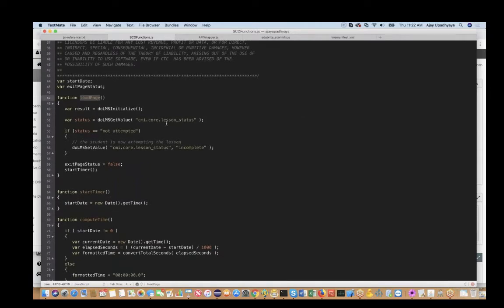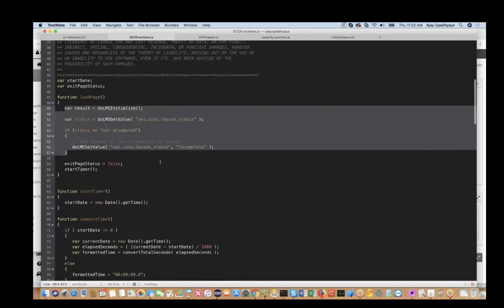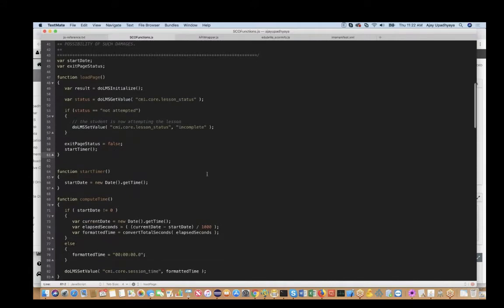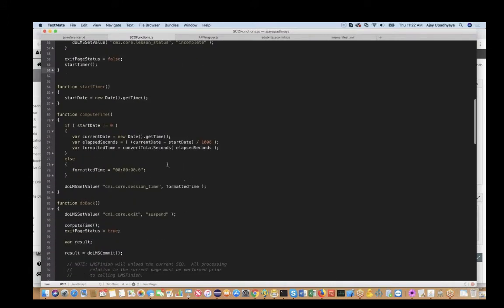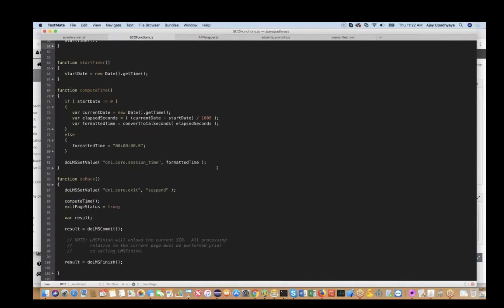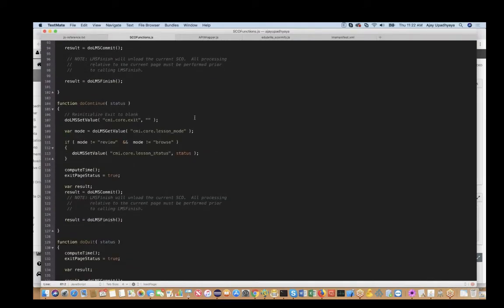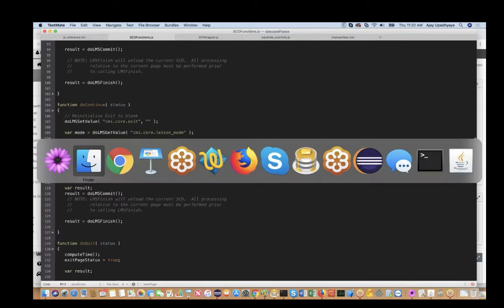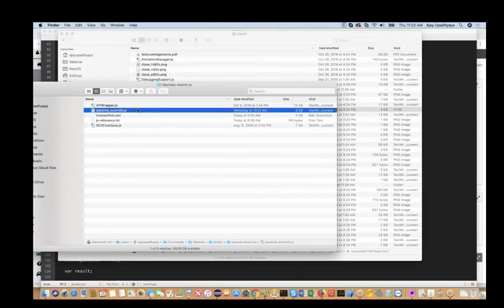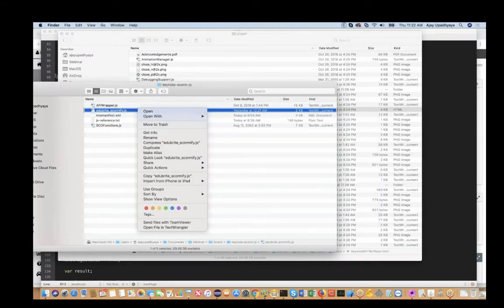So you can directly call load page, which in turn does the API calls, initializes the timer, and computes how much time you have spent on the SCORM, etc. So these are all standard files I'm using. In addition to these, we have also added one file which is specific to